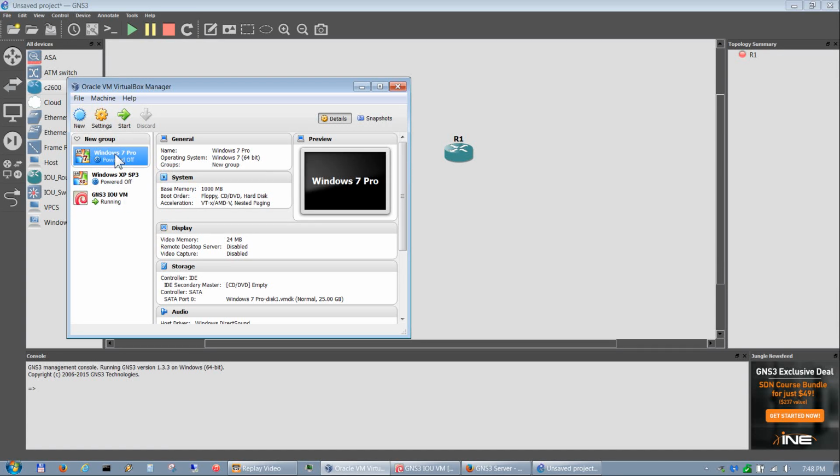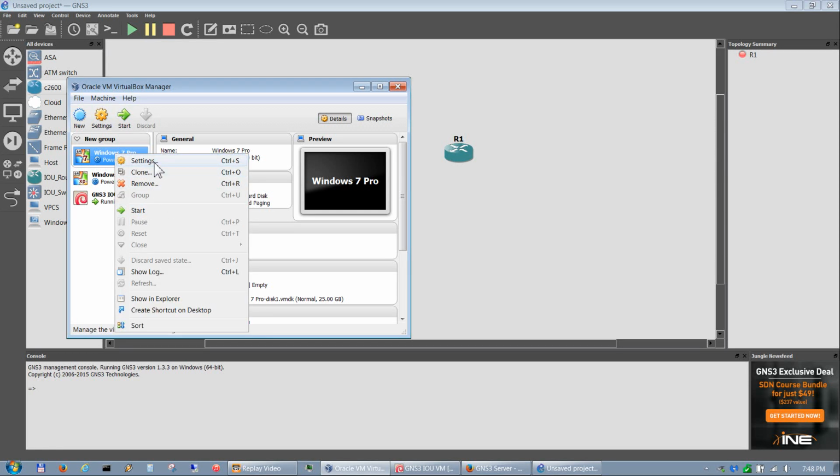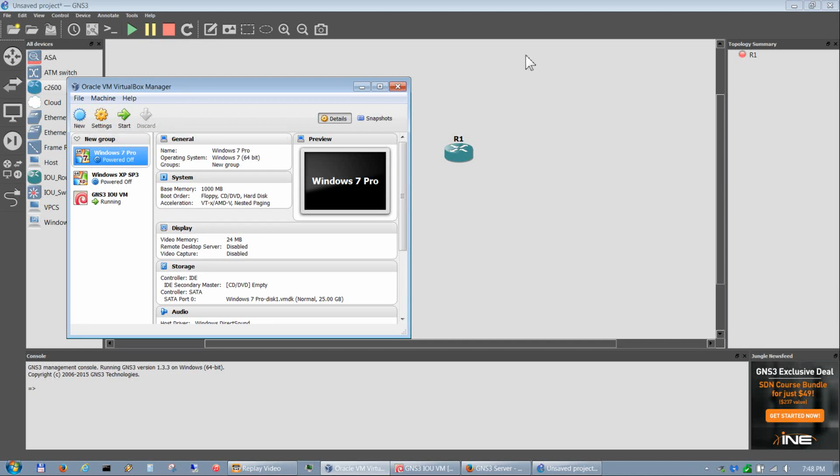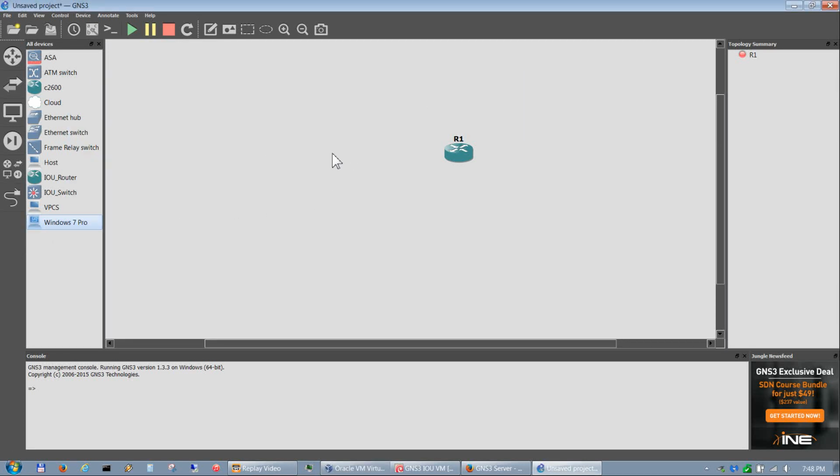One thing you do want to do though is go into your settings and make sure your network is set to not attached. Once you do that, you hit OK and you drag this over to the desktop and connect that like you would a normal